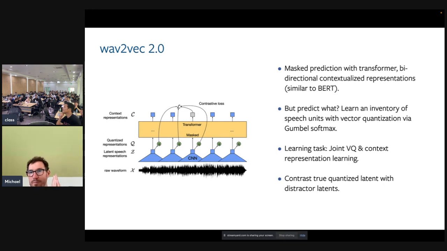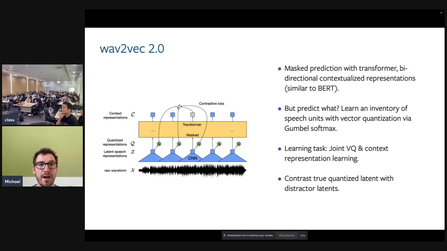So we could have, for example, 100 different units, and each one of those vectors is assigned to one of them. It's specifically the one that is closest in the inventory to the blue square we are currently dealing with. It's not really search, but we are basically reducing the number of possible squares that our model can represent. And that's what the Q is doing here. It's taking that square and looking up the closest one in an inventory of speech units that we learn,